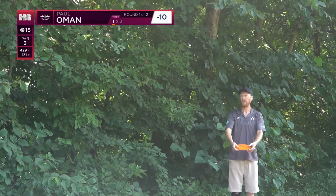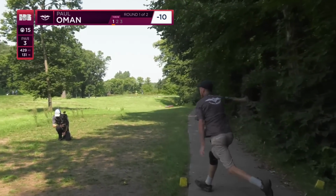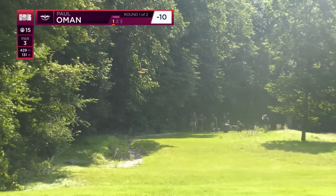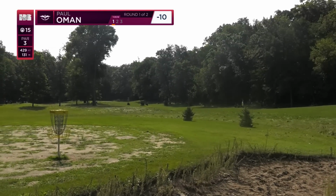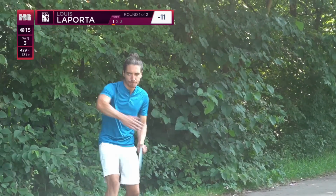Again, Paul taking his time. He knows that Louis got him by 1, and he wants to try to keep the pressure on him. That looks absolutely beautiful. Oh my. Oh my. It just gets there. It doesn't come out super hot, doesn't come out with a ton of velocity per se, but it just gets